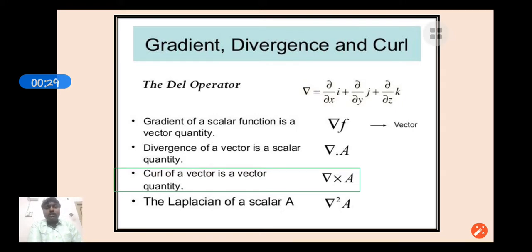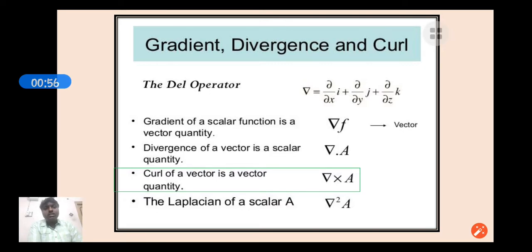After that I defined the gradient of a scalar point function. Whenever they give a scalar point function f, I apply the differential operator del on f. The gradient of a scalar point function is a vector. The physical interpretation of a gradient is the outward normal vector to the surface f.